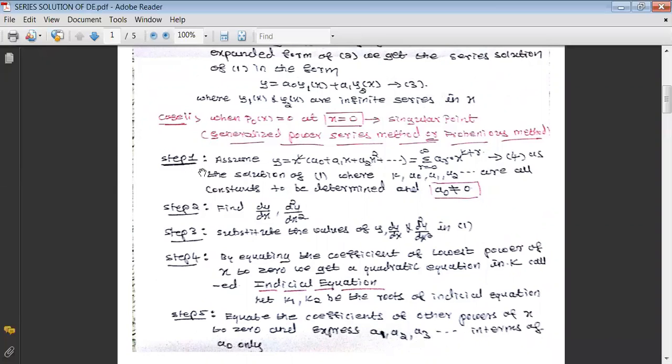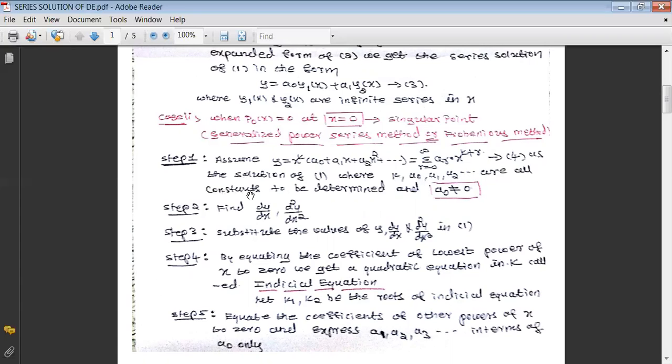The first step is to assume y equal to x raised to k into (a0 plus a1x plus a2x square and so on), which in summation format is the summation r varies from 0 to infinity of ar into x raised to k plus r. Let us take it as equation 4, the series solution of equation 1,